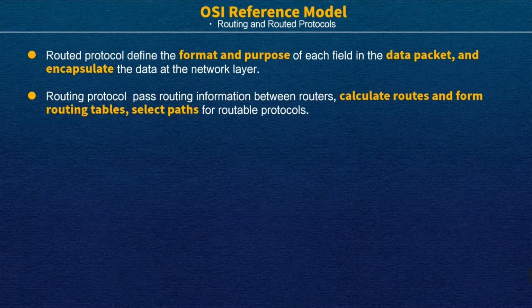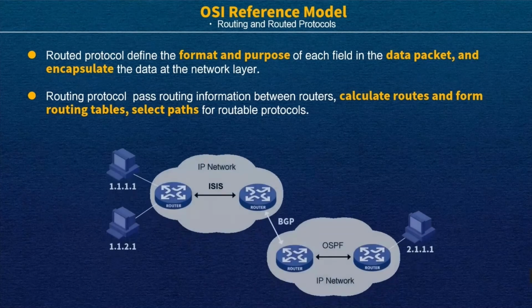And another protocol we call the routing protocol. We say the layer 3 device, like the router, forwards the traffic according to the IP address information. But before we forward the packet, we also have to get the forwarding table. This one we call the IP routing table. So how to get the routing table? This is the function of the routing protocol. We will calculate the routes and form the routing table. Then we have to select the best one and then forward the packet. So this is the function.